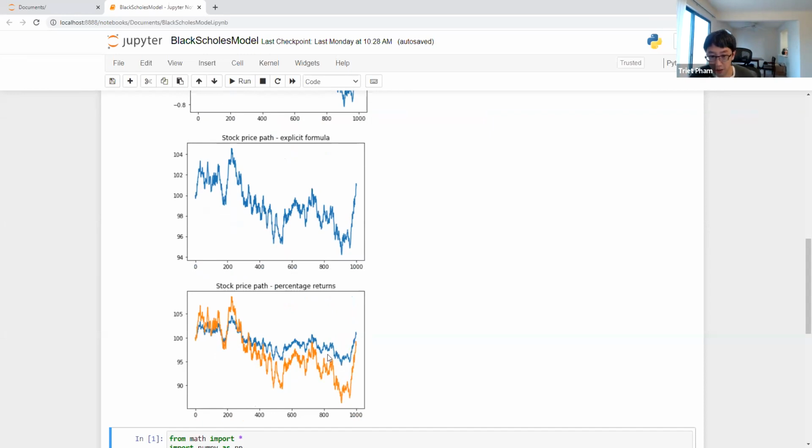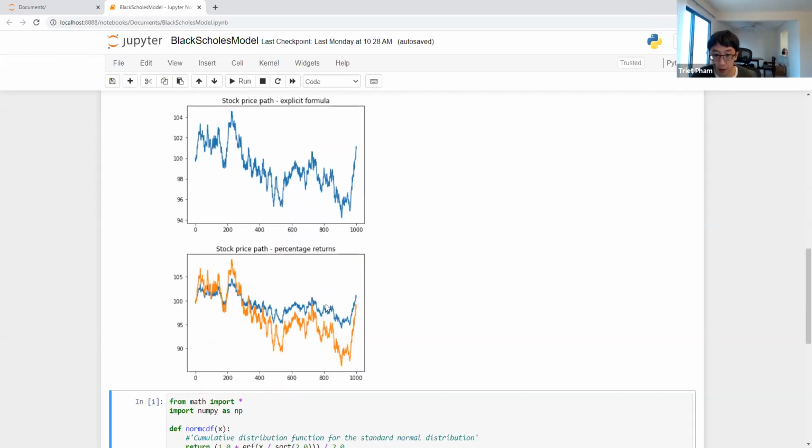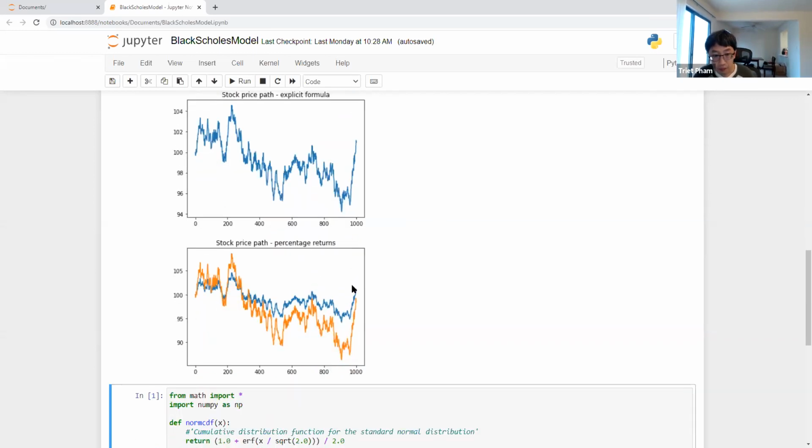A lot of stocks these days, if they are in the same sector, like blue chip, tend to move in very similar ways, just at different scales. These are obviously highly correlated stocks. If that's what you think is going on, go ahead. But if you really want to separate them out and have a smaller correlation, then you want to use a different Brownian motion, or maybe an extra Brownian motion source to add to the behavior of the stock. Any question on this?